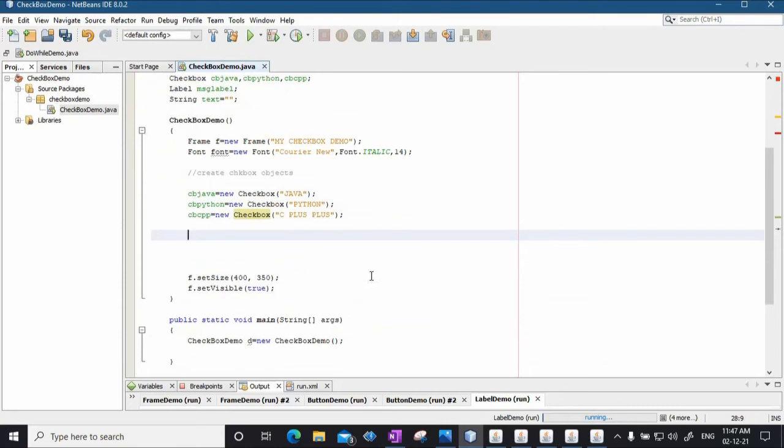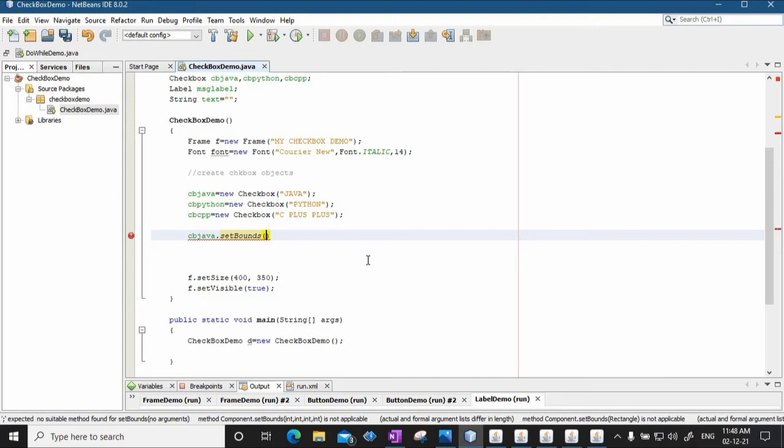Next, we also have to set the bounds of these checkboxes. So I'll say cbJava.setBounds. Again, it's a rectangle, so there are four parameters.